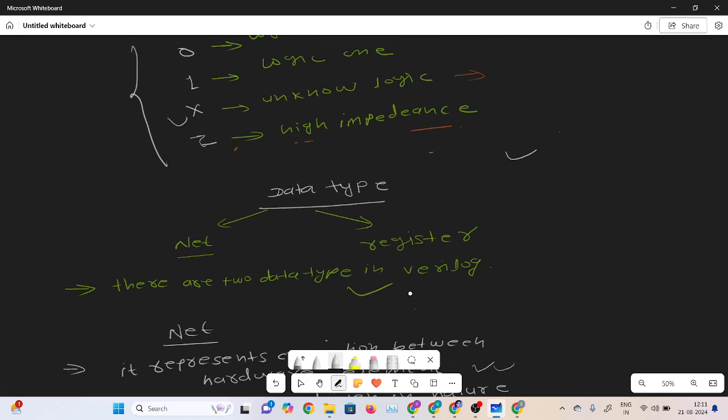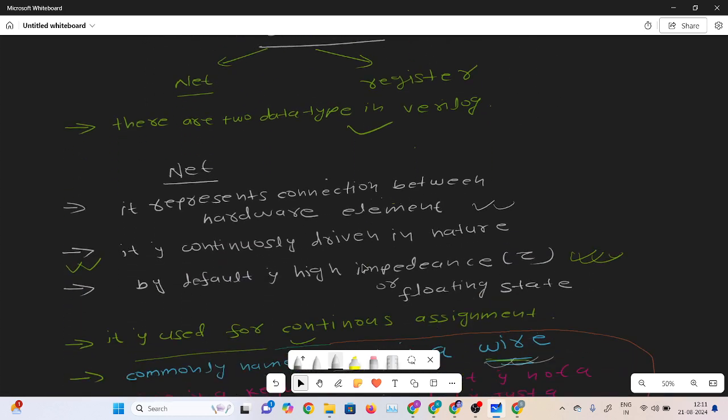There are two classifications of the data type. One is the net data type, and the other is the register data type. In this part, I will discuss the net data type. In the upcoming part, I will discuss the register data type. So the first point is